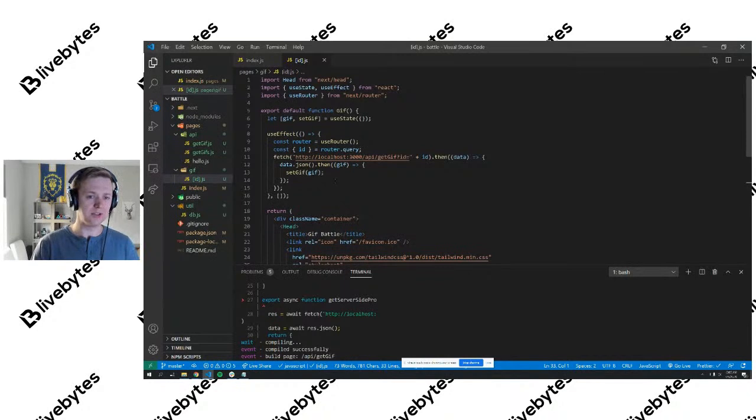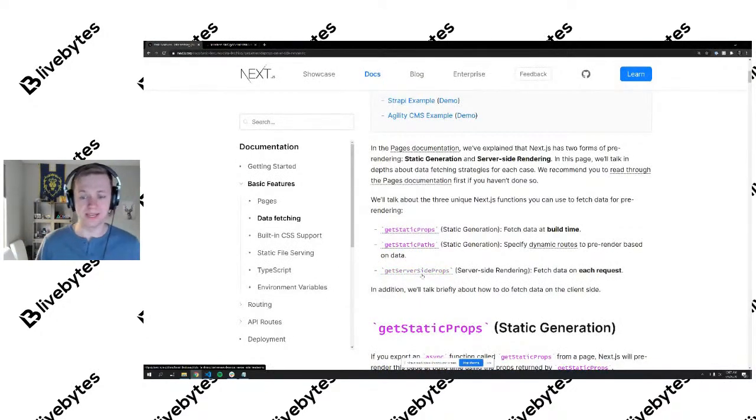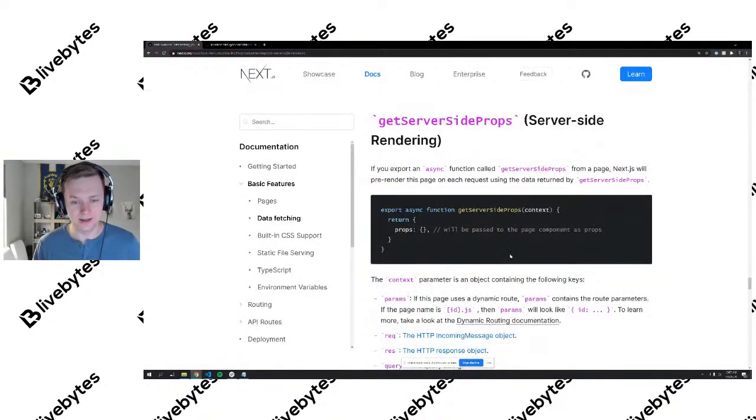And I was also running into issues with that, with getting the router data. So I thought, why don't we actually go ahead and use the getServerSideProps method instead, so that we can render our pages server-side. So we still get a performance boost, and our pages still render really well for SEO purposes. So that's what I want to do. We can go here to the getServerSideProps method and just copy the starter function. So I will do that